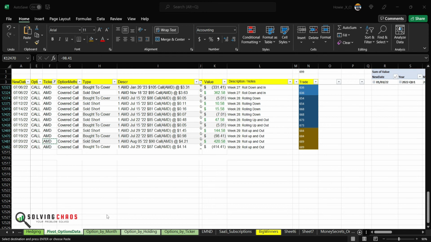Let's put a filter on AMD. So AMD is interesting. At the beginning of the week, look at here, I did trade AMD. And then you can see what happened. I ended up rolling it up and out. And then there was a problem. AMD actually went past my $87. So I took the July 29 one and I rolled it up and out again. So I pushed it forward. In 1 week, by doing that, I pushed it 2 weeks and collected $50.